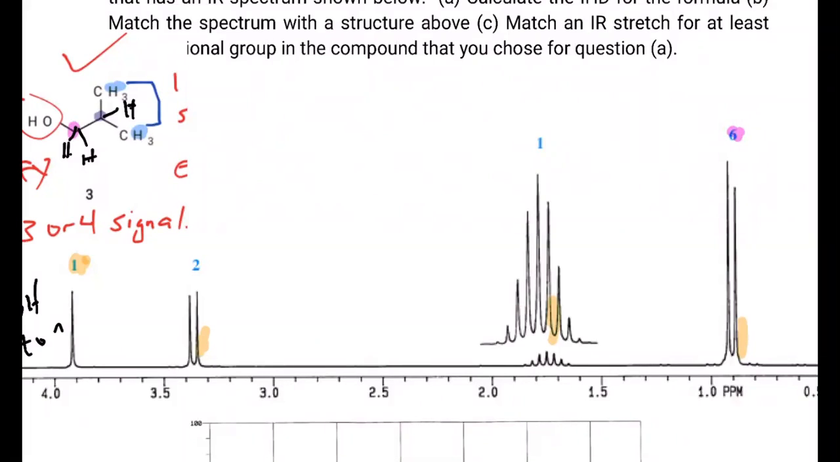Now, why is it a doublet? Is it because of the way